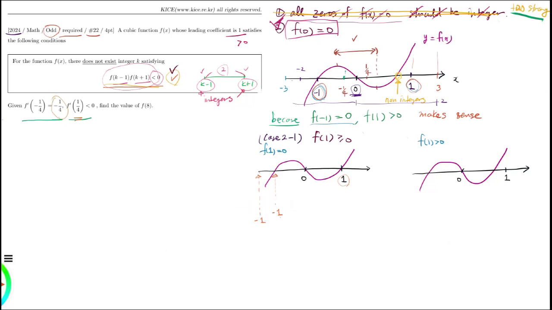I mean, f of -1 could be 0 or f of -1 could be negative, because if f of negative 1 is positive, and then